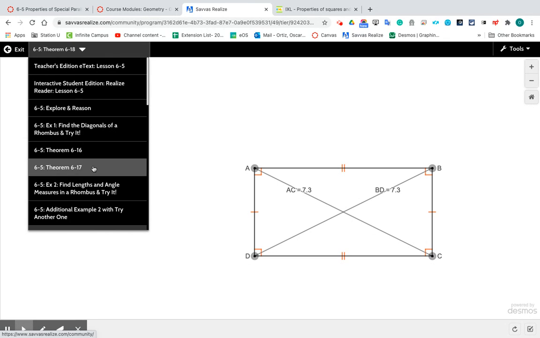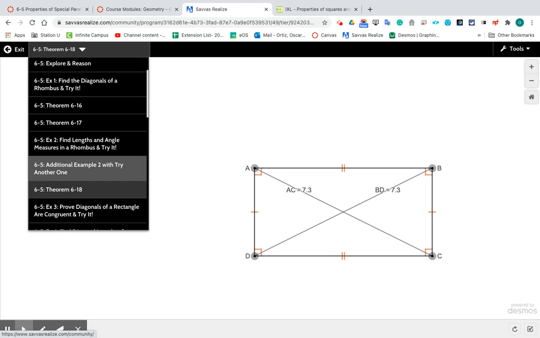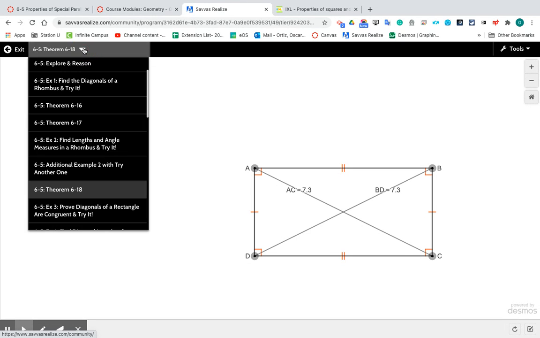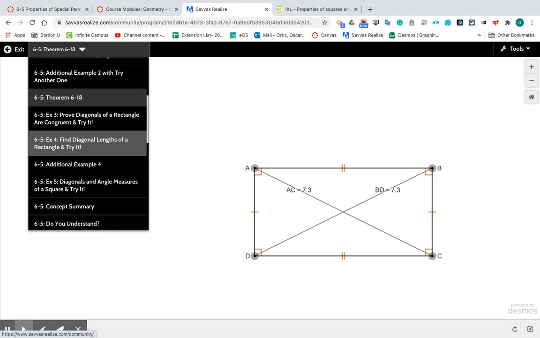That also leads us to the next property. Let's see, next theorem right here. I'm hoping that it'll show up at some point. Well,